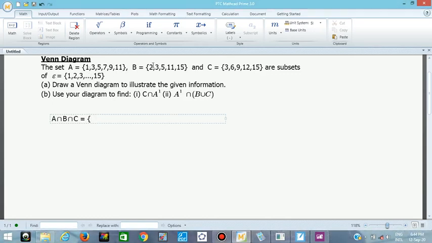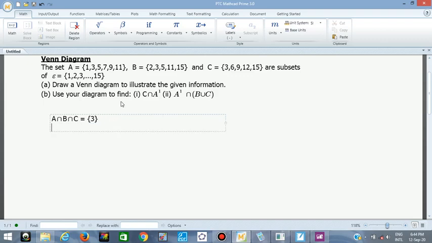1 is in A, we don't have it in B, so it's not present in the 3 sets. Let's look at 3. 3 is here, 3 is in B, 3 is in C. So 3 is present in all the 3 sets. Let's look at 5. 5 is in A and B, it's not in C. Let's look at 7, no. 9, no. 9 is present in only A and C. Then let's look at 11. 11 is present in only A and B, it's not in C. So this is the number that is common to all 3 sets. That is the intersection A, B, and C. So you have that, you keep that in one corner first.